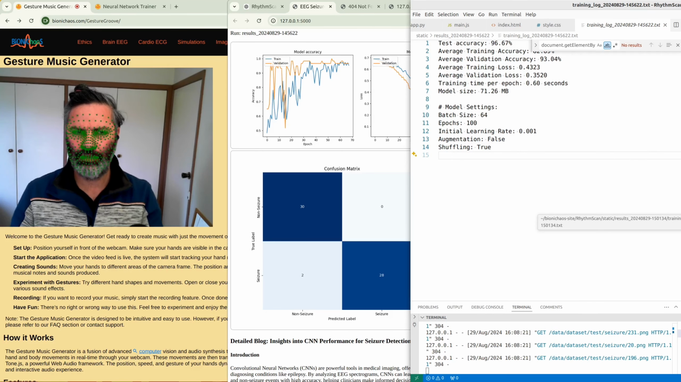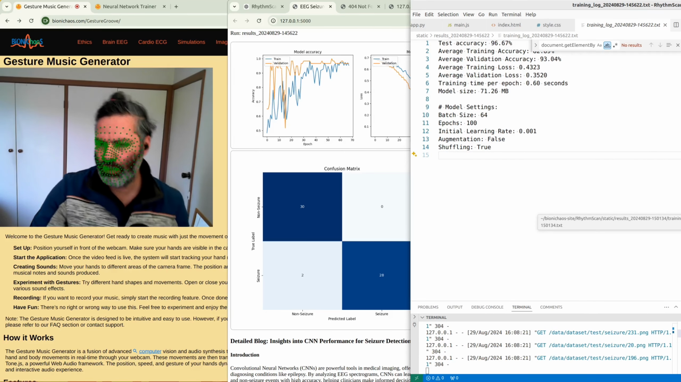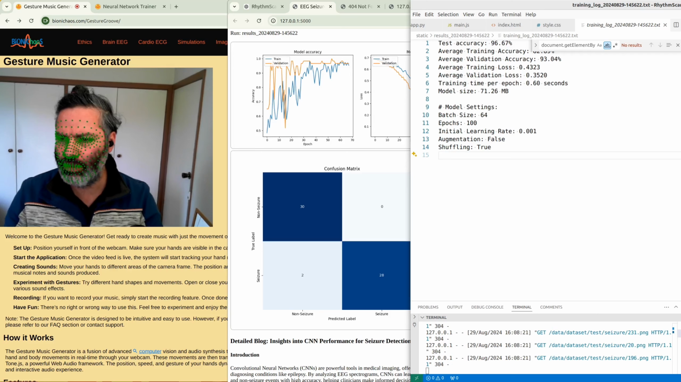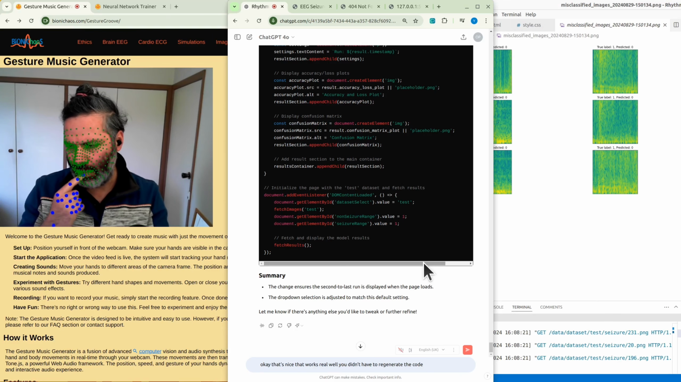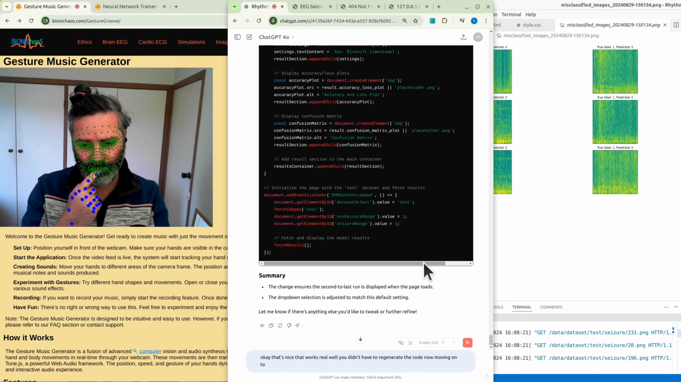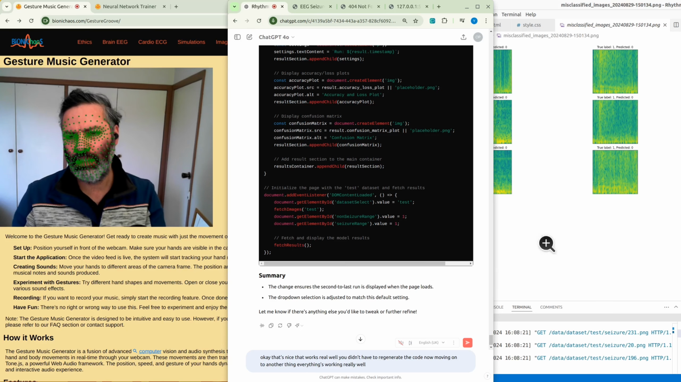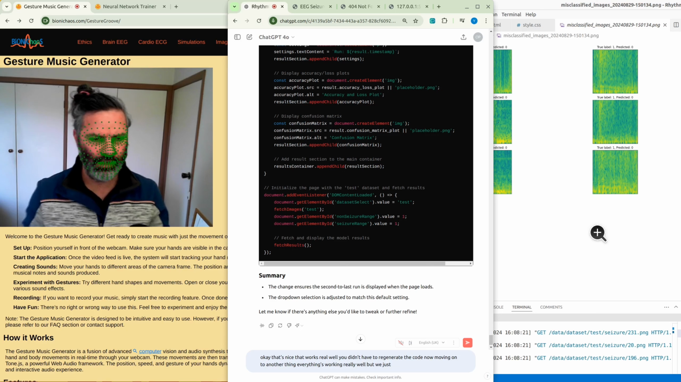So we have the model accuracy charts, we have the confusion matrix. Okay, that's nice. That works real well. You didn't have to regenerate the code. Now moving on to another thing. Everything is working really well, but in the results section,